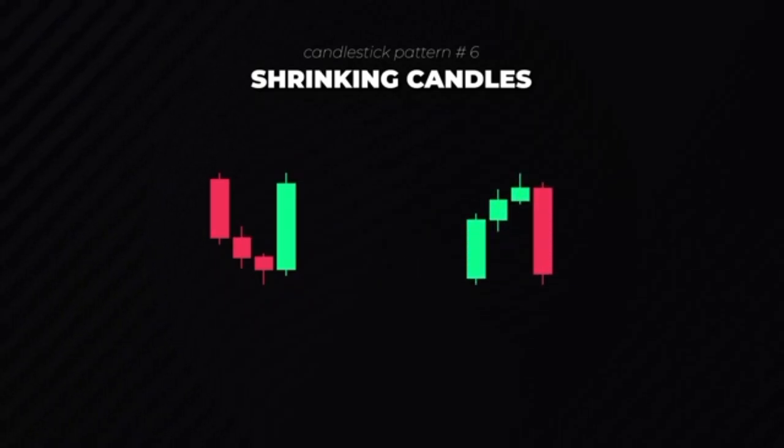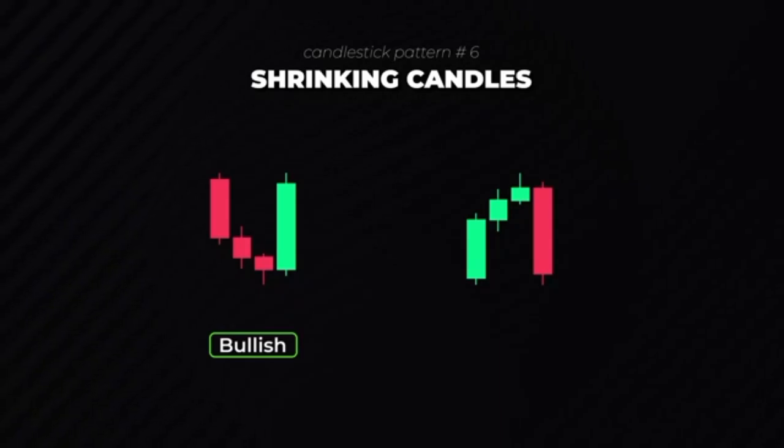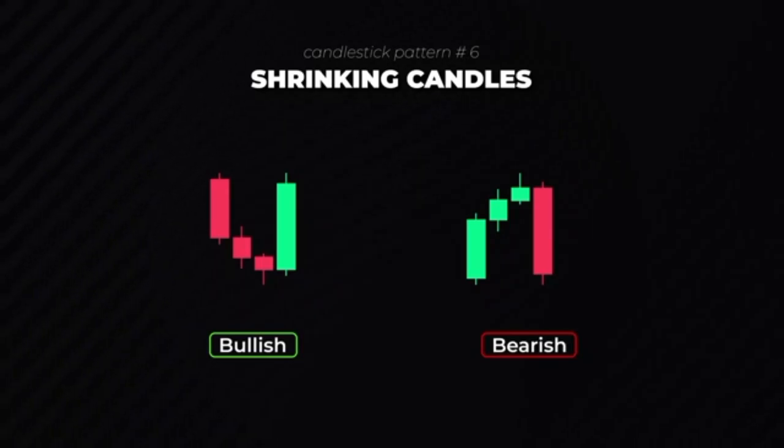There are 2 types of shrinking candles: a bullish shrinking candle pattern, where the 3 shrinking candles are red and the 4th candle is green, and a bearish shrinking candle pattern, where the 3 shrinking candles are green and the 4th candle is red. Whenever you see this type of pattern on a chart, it signals a possible reversal of